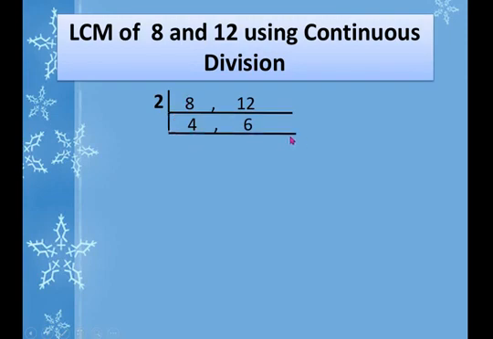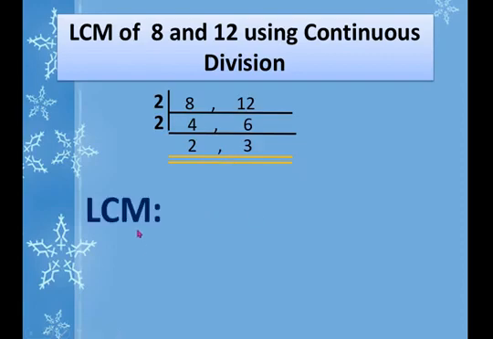another line and think of a number that can divide the 4 and 6 together. And that is the number 2. So 4 divided by 2 is 2 and 6 divided by 2 is 3. So think of a number that can divide the 2 and 3 at the same time. If you cannot think of any number that can divide both 2 and 3, stop dividing from here. And then,